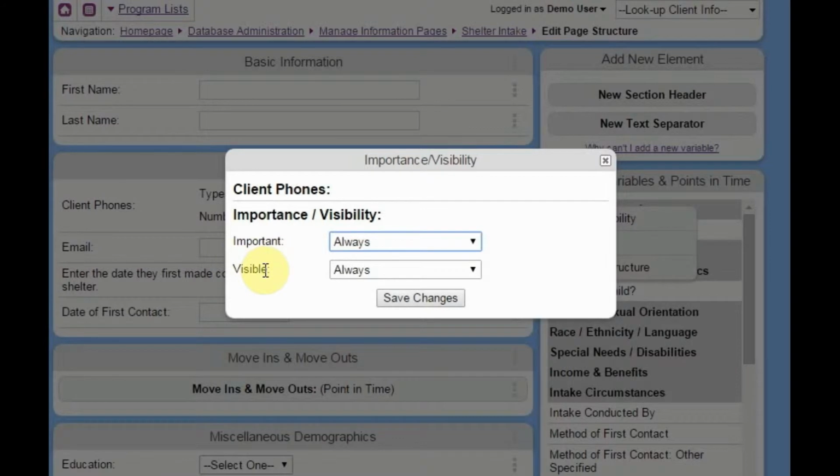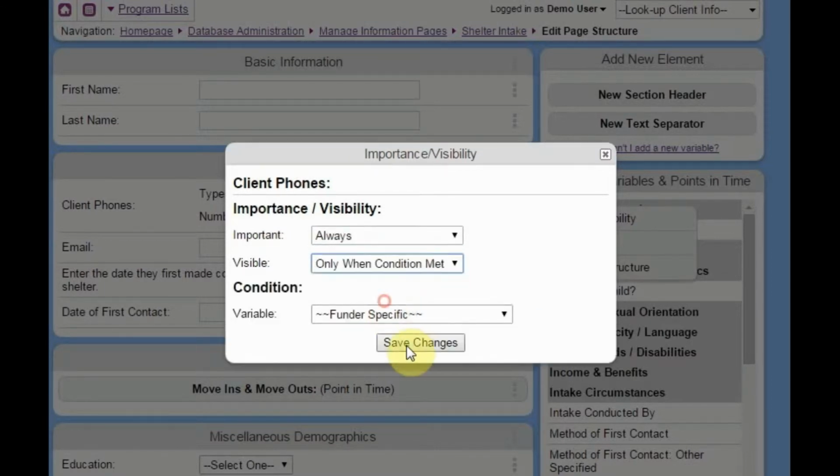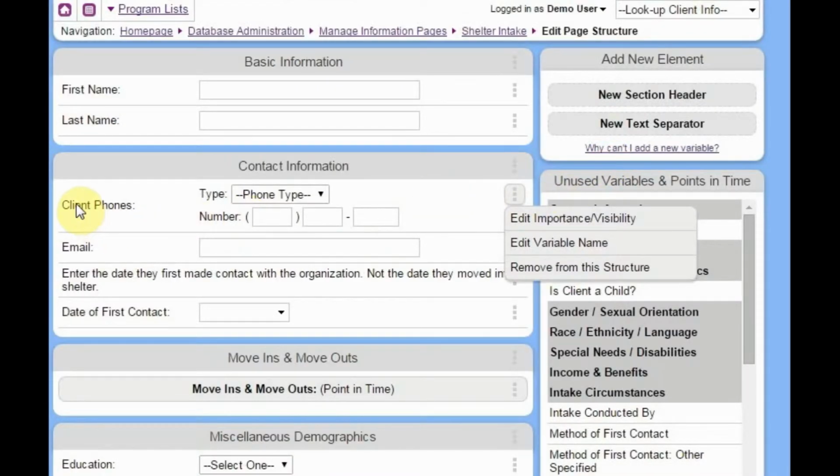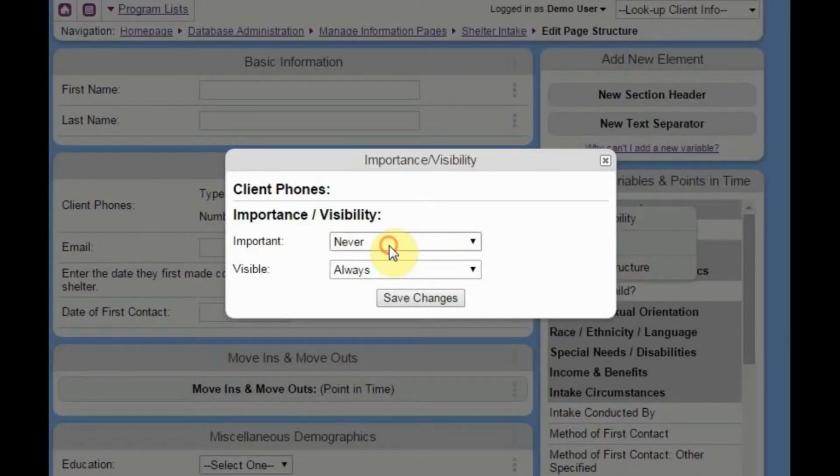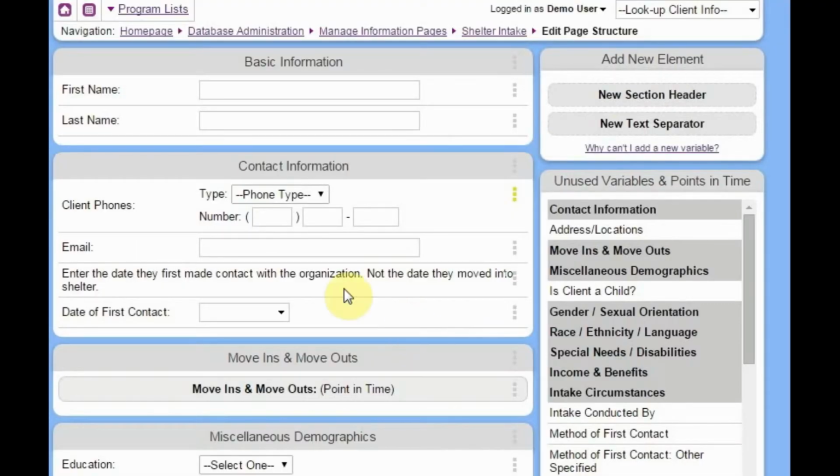You can also control the visibility. So when should this variable be visible? The default is always. This variable will always be visible on this information page. Or you can change it to only when a certain condition is met. So we only want this variable to show up when a certain condition is met. Now in the case of this client phone numbers, we would want to say we want it to be always important and always visible. And now that we've changed the importance settings, the settings icon here is highlighted in yellow